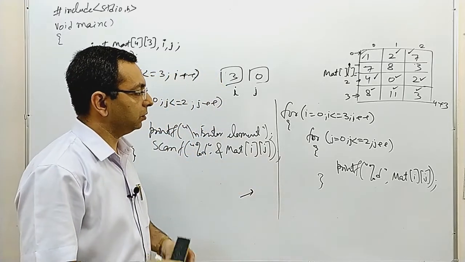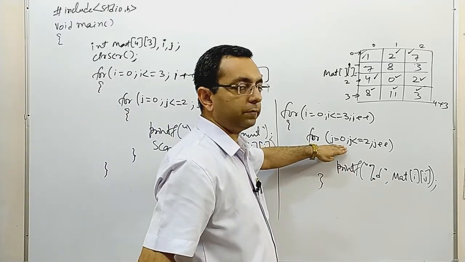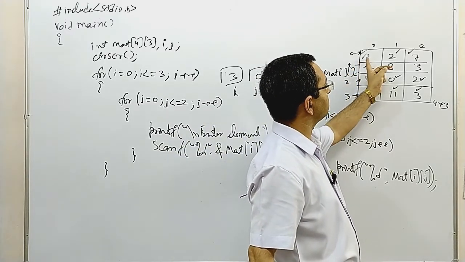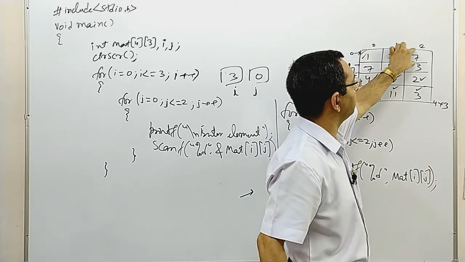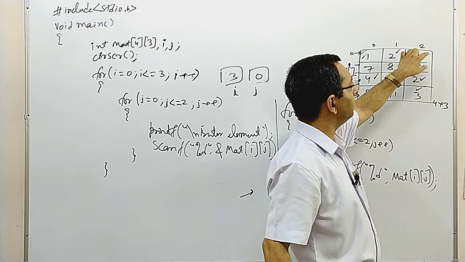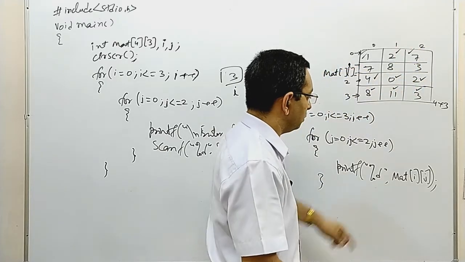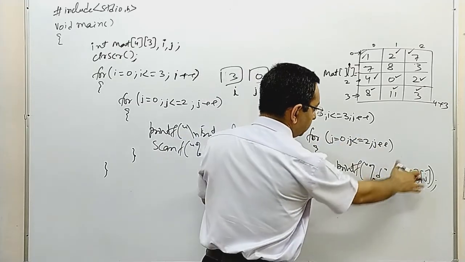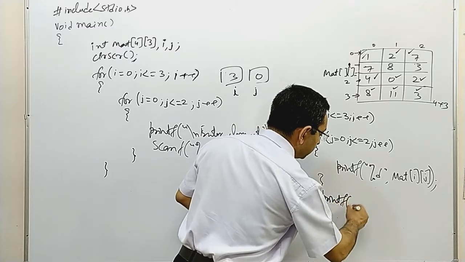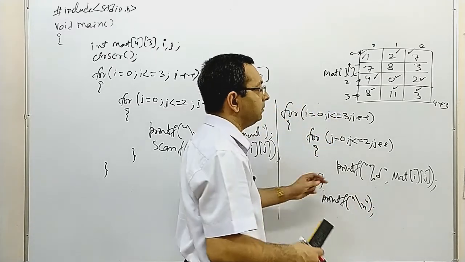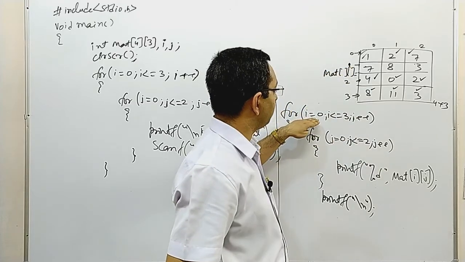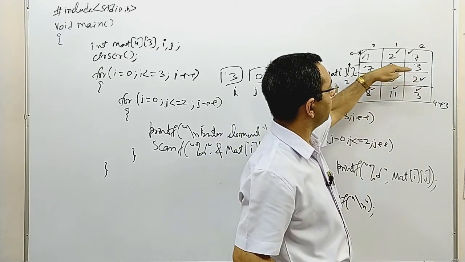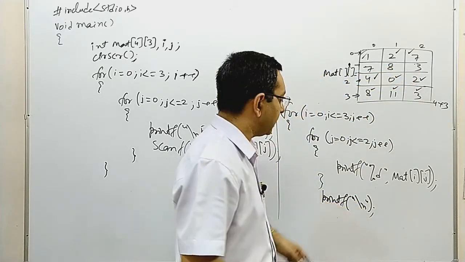One more thing you should note. What is the meaning of j? j we have used for column. So when we have printed 3 columns, first column, second column and third column, we should change the line. So after printing 3 columns, we should change the line by writing \n. So \n will change the line. Then when the value of I is 1, it will start for 0 to 2 for these values. So these values will be printed on the next line.